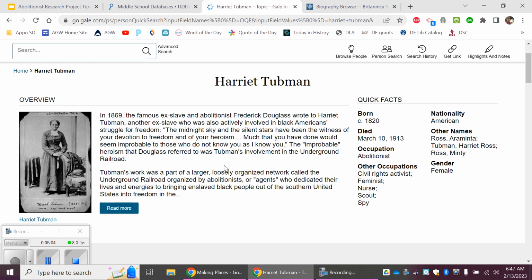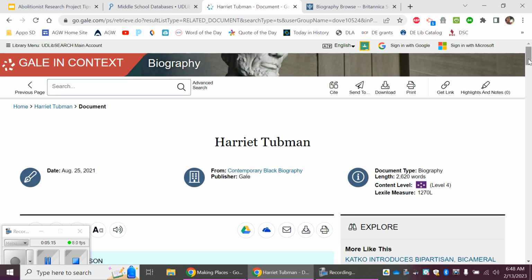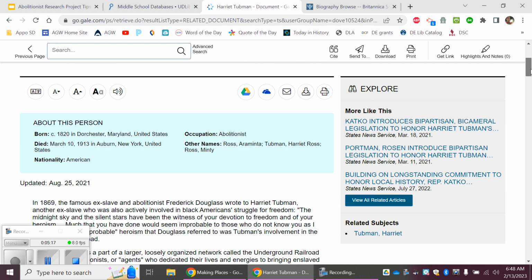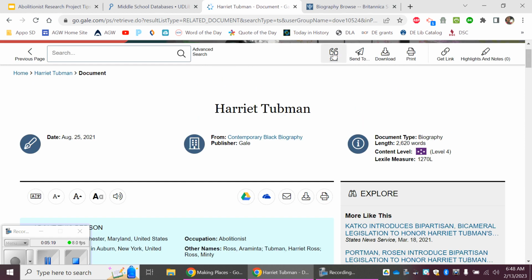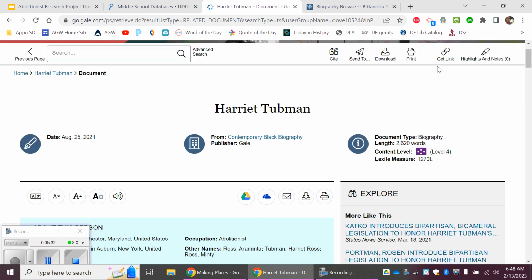This is actually an article though, and if you choose to take information from this blurb, you're going to need to be able to cite it. So my advice is to click the blue box where it says read more. That takes you to the full article where you can read all about her. And at the top, you have this quotation marks button that says cite. This is how you would cite information from that blurb. When you click it, you have the option to take this MLA citation already made and formatted for you.